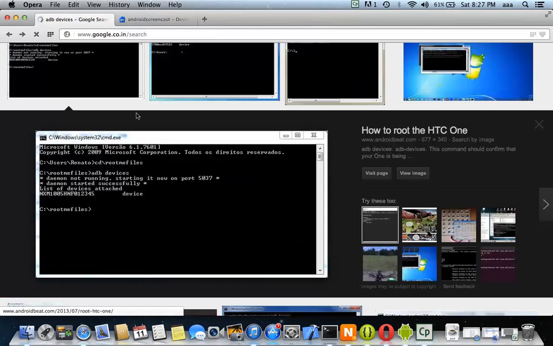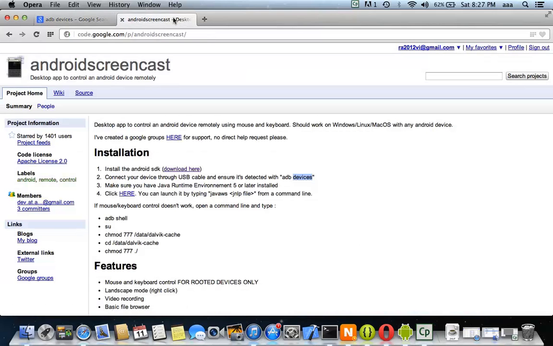Sorry about that, I clicked on that. So now make sure you have Java Runtime Environment 5 or later installed. I really asked you before to download and install the latest Java SDK, JDK 1.7, and give a Java home path in your environment variables.